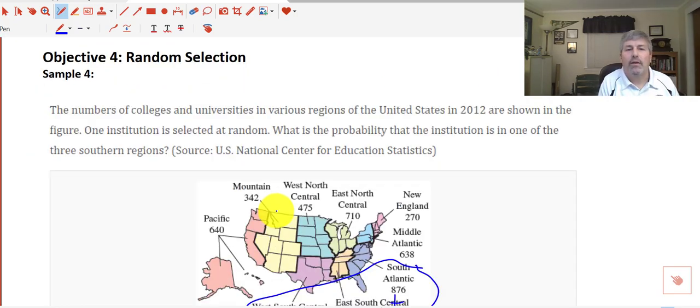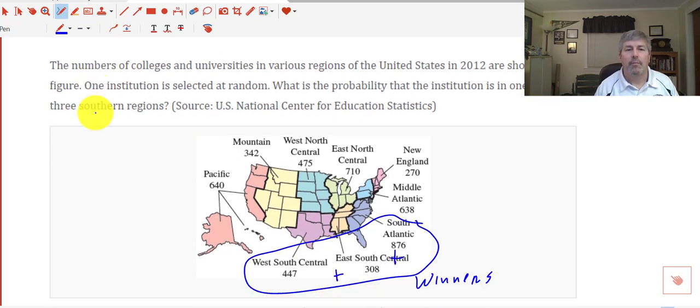Objective 4, random selection. Let's take a look at this particular sample. The numbers of colleges and universities in various regions in the United States in 2012 are shown in the figure. 1 institution is selected at random. What is the probability that that institution is in one of the 3 southern regions? In order to figure out this probability, we're selecting 1 at random, but out of all of these